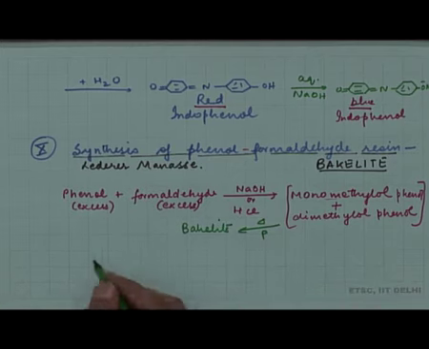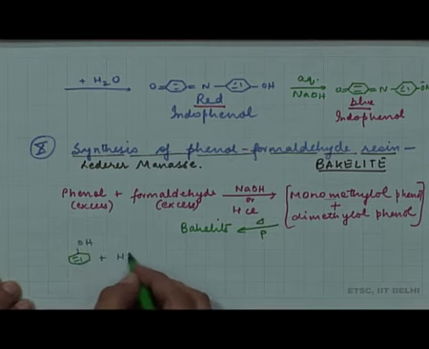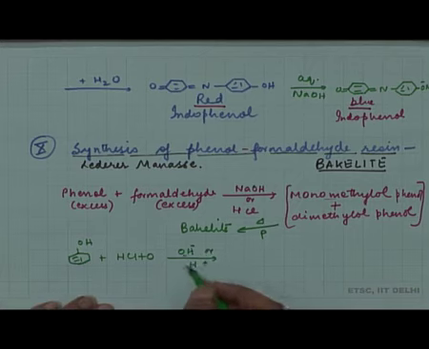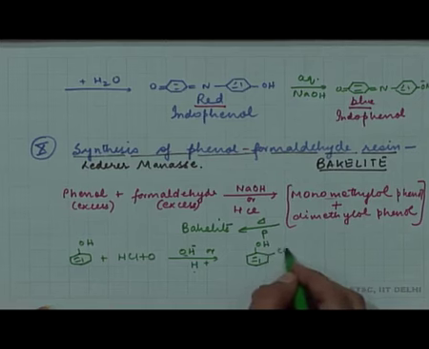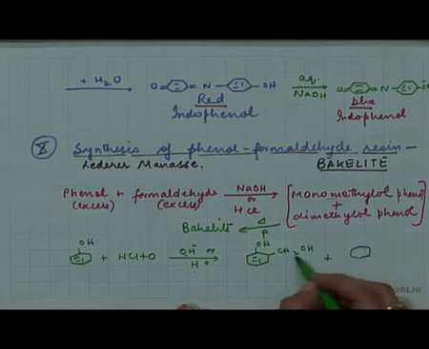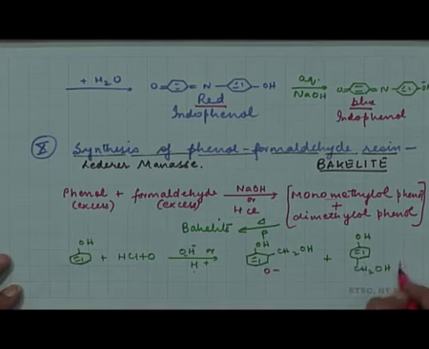So, this is what the synthesis involves, that you start with the phenol, treat it with formaldehyde in the presence of alkaline or acidic conditions. Depending upon the conditions we choose, we get different types of resins, but the reaction is possible under both conditions. You can get the monomethylol derivative. CH2OH can either occupy the ortho position or the para position. So, you end up with a mixture of the ortho and para monomethylol derivatives,